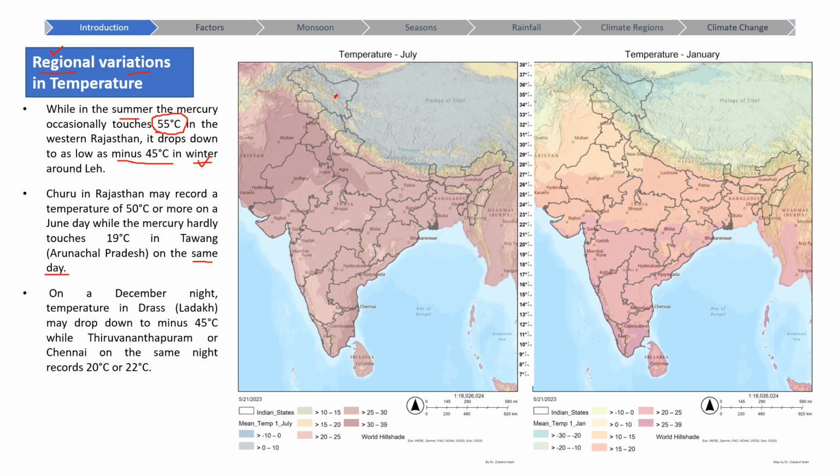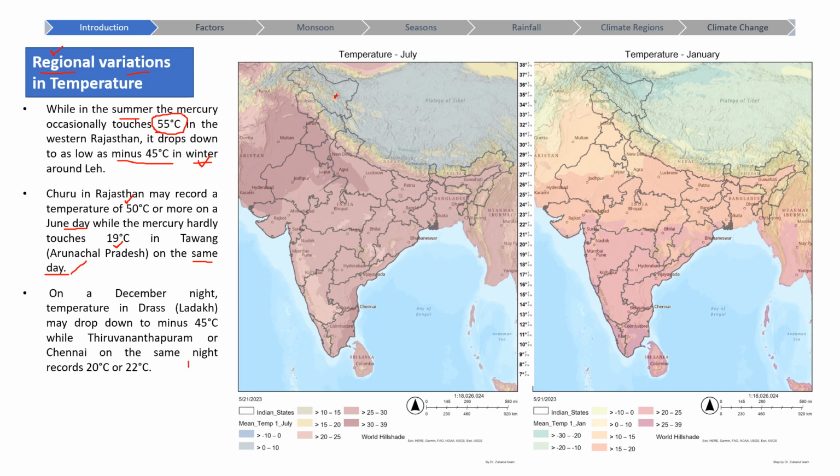So on the same day in Rajasthan, the temperature is 50 degrees Celsius. And on the same day in June in Arunachal Pradesh, the temperature will be 19 degrees Celsius. This is an example only. The same day, the temperature may be 5 degrees in another place in the Himalayan area. So this is the same day difference,